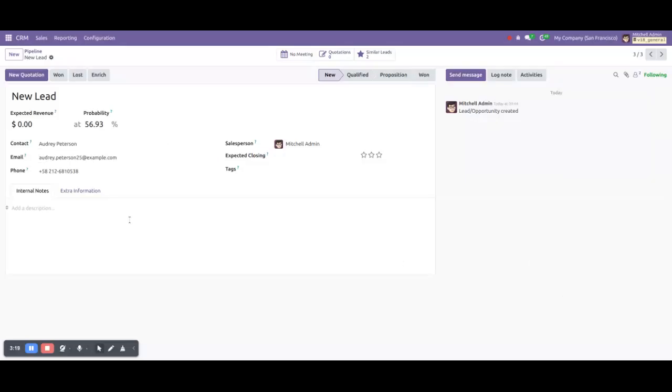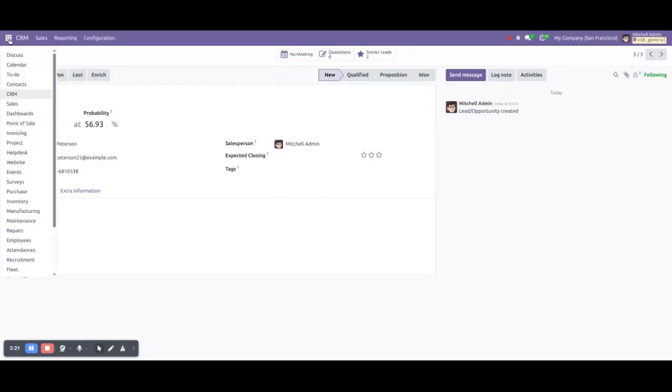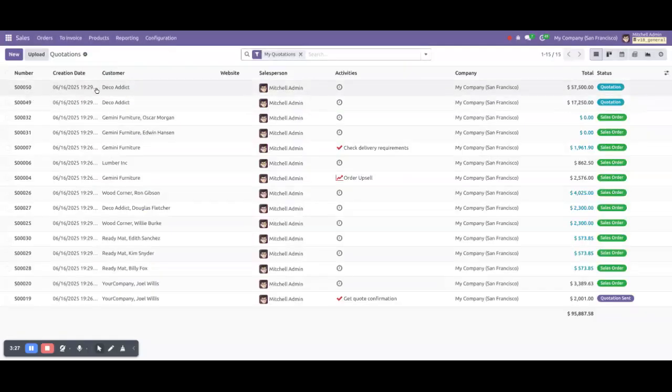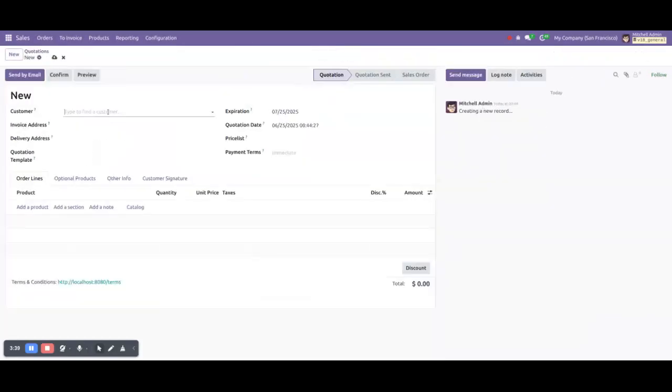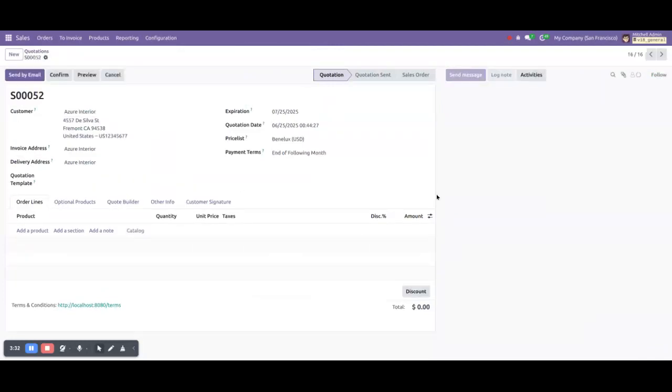The same we can do in other records also. So if, let's say, we can see for the sales also, here in sales also it's not working. So let's say if we go here